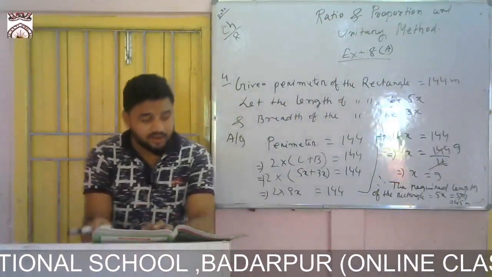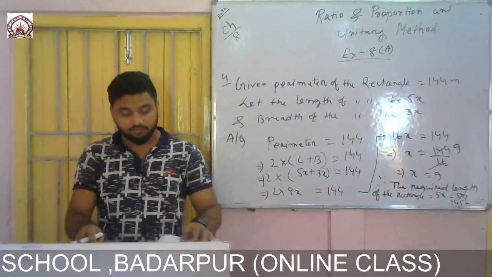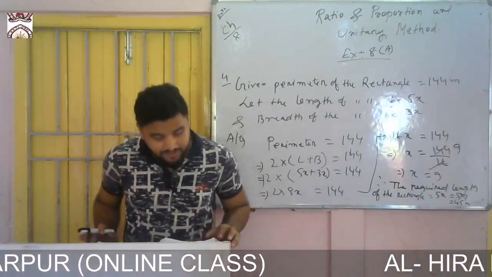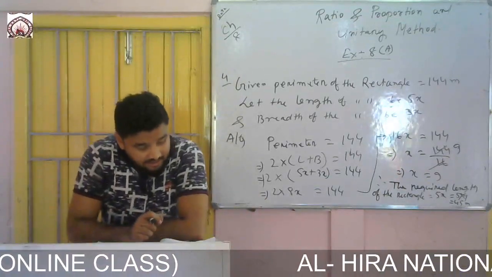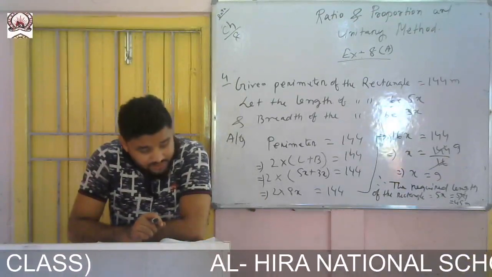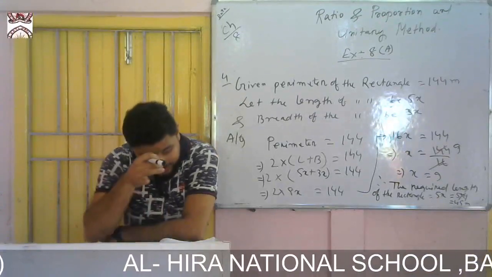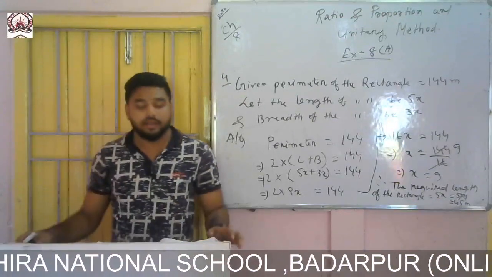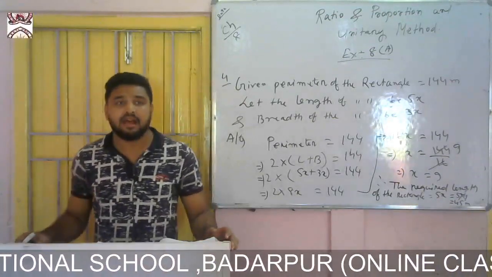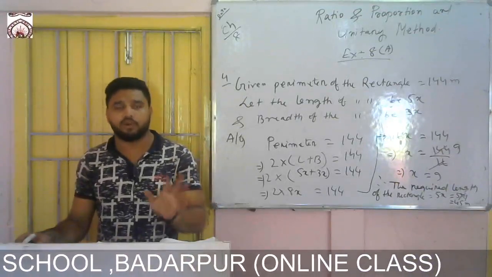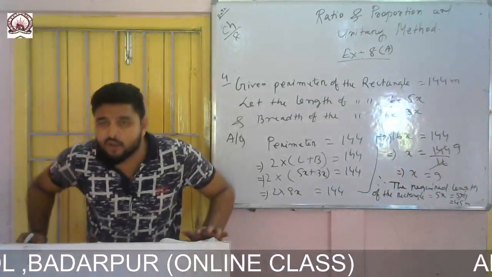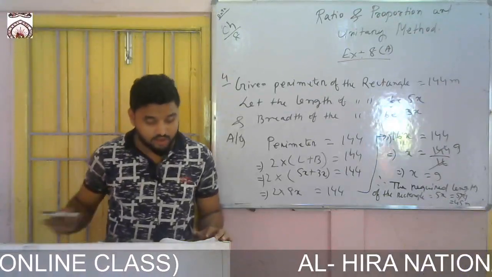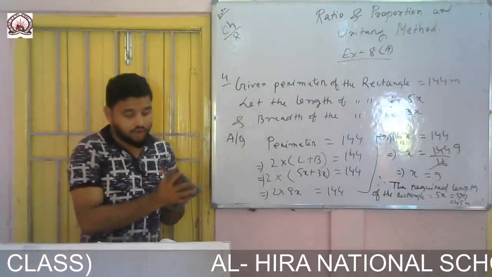Now come to question number 5. Divide 7,400 among 3 people A, B and C in the ratio 3, 5, 12. Whenever you need to divide among some people in a ratio, you have to find the sum of the ratios. Then you can find the share of each one. So see, I shall solve.